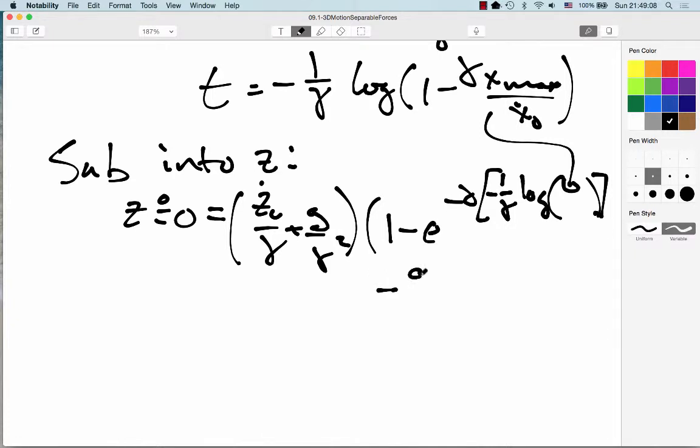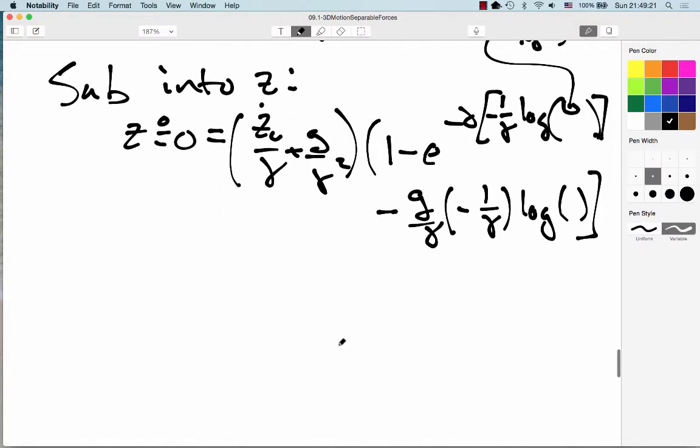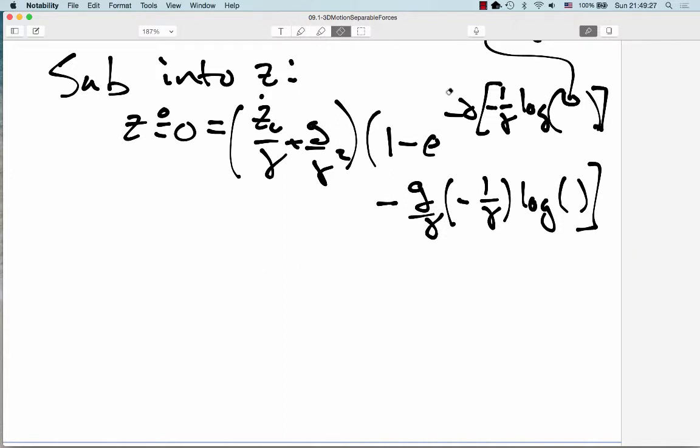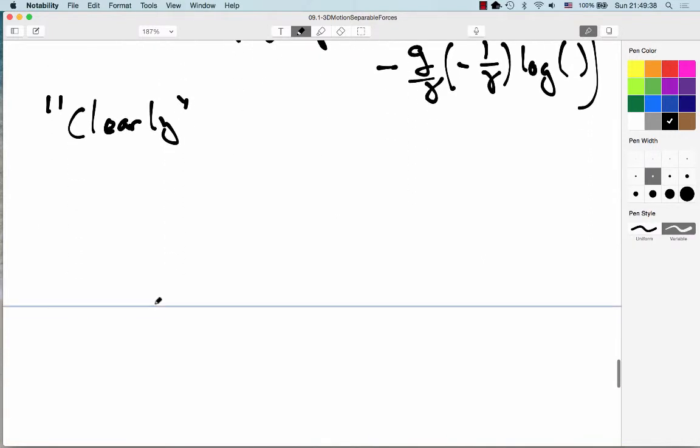Minus, still in the parentheses there, g over gamma times minus 1 over gamma times that same log again. All right. It is incredibly uninstructive to continue to try to solve this. I will just say that the solution is